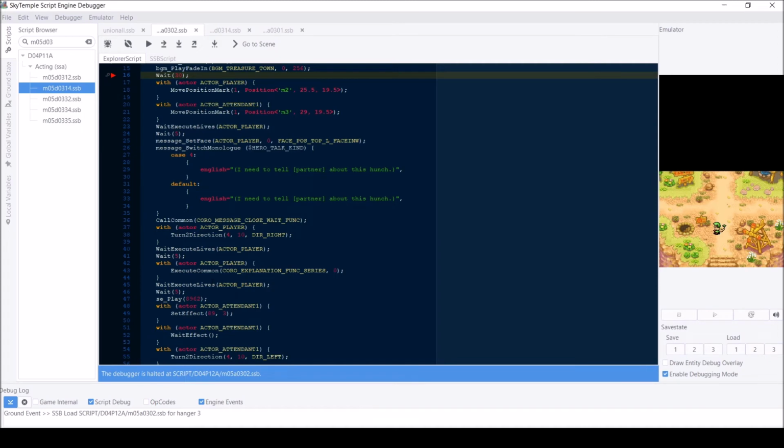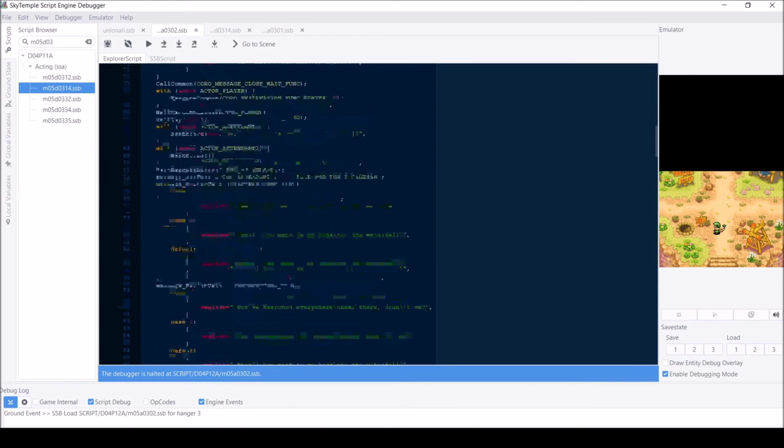the explanations a bit. Basically, ExecuteCommons are a combination of effects, animations, and waits that are standardized throughout the game for certain actions. This one, Explanation Func Series, is for when you're talking and kind of move in place instead of pulling up a dialog box to actually say the words. Not sure what the 0 afterwards is for. Again, a reminder that since this is yellow text, you can get autocomplete suggestions to see what the other ExecuteCommons are, which is super helpful. I will repeat once again. At line 160,